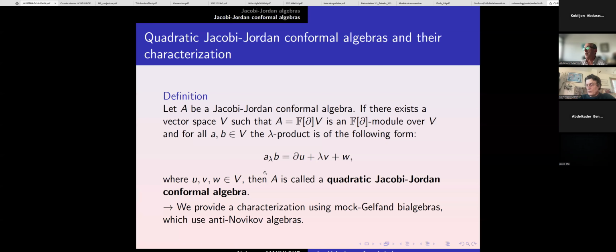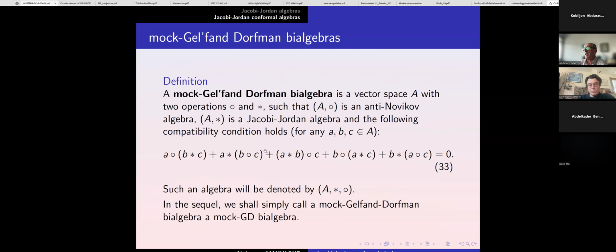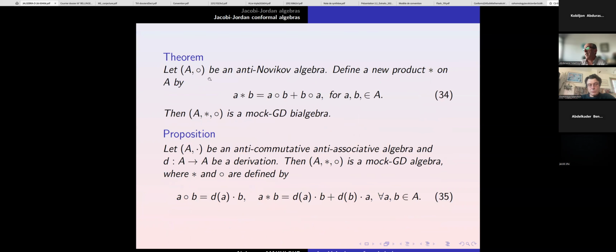Quadratic algebra is also an interesting class, and this is when your lambda product is defined in this way. This is the so-called quadratic Jacobi-Jordan conformal algebra, and they are characterized by this mock-Gelfand-Dorfman bialgebra, which are constructed by anti-Novikov algebra. Here for anti-Novikov algebra, you know all these usual constructions, and this mock-Gelfand-Dorfman bialgebra are given by two operations, and